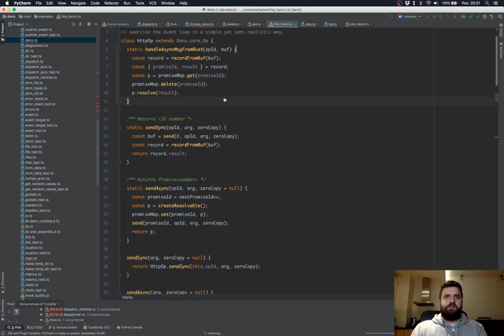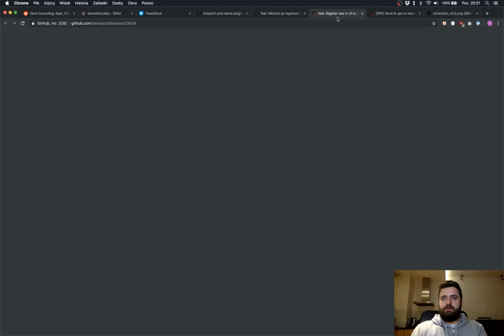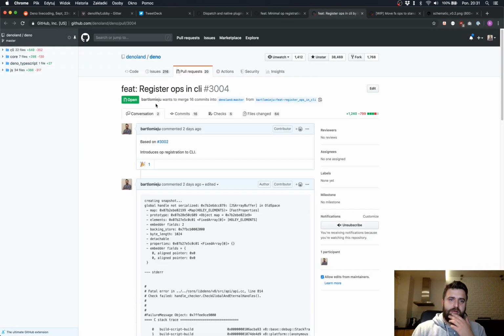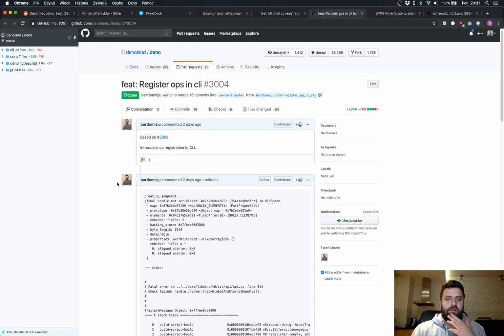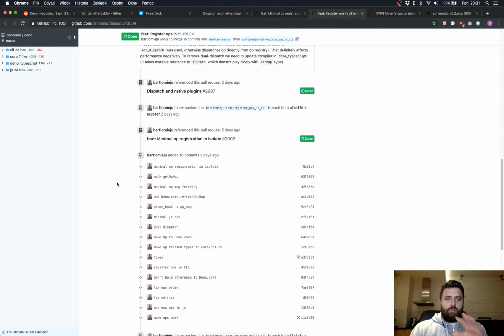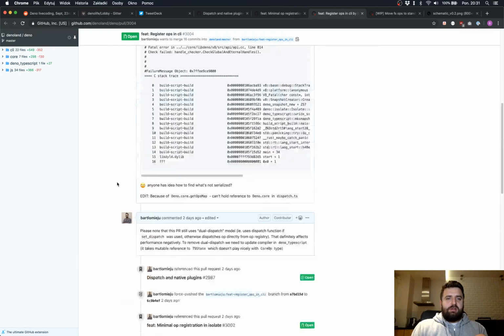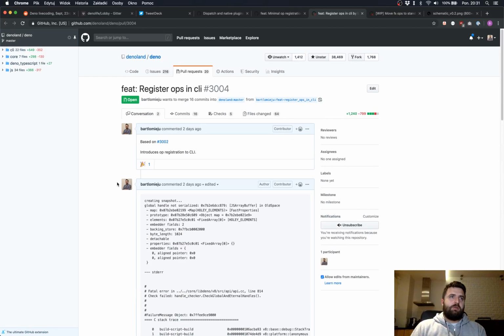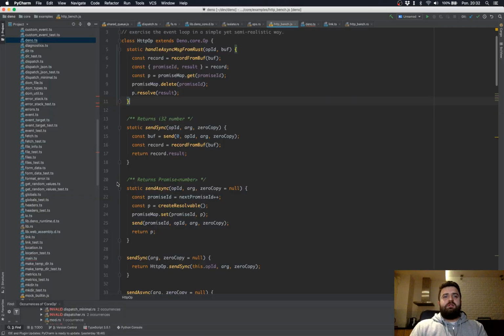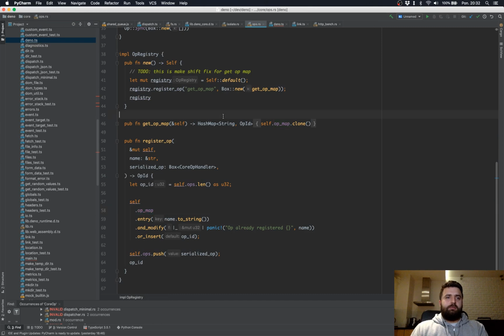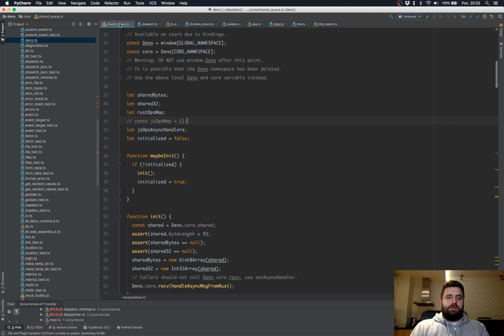Yeah, so this is another branch and another PR. This is register ops in CLI. And what this PR does is trying to use the same register op API inside the CLI. And since this Deno core op is no longer working when building a snapshot and then loading it, I decided to alter the API a bit, and